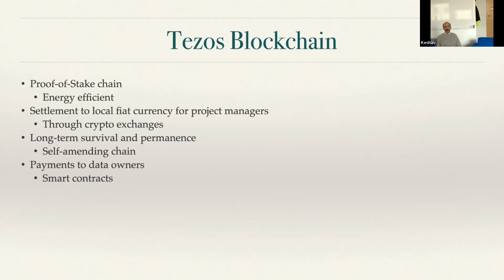We knew for sure we wanted a proof of stake chain. And we're looking for something for long-term survival and permanence. So I think if you put those two together, Tezos was amongst the top. Yep. It also helps that it's in OCaml, so we can sort of rely on the integrity of the chain itself in terms of the coding. So those were some of the considerations we took into account. Okay, that's helpful. Thank you.